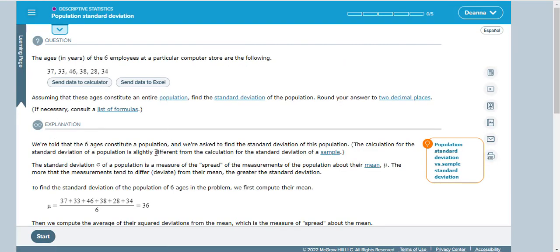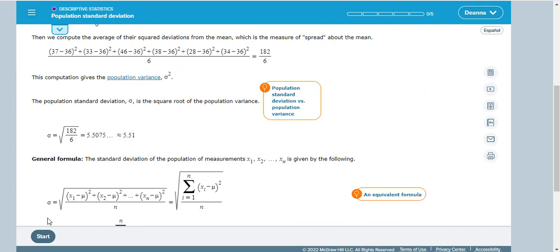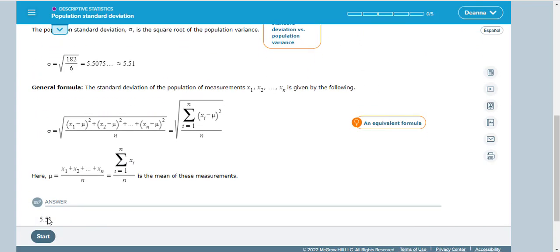If you want to read the explanation, feel free to read the explanation, but guys, only do that through at least the first 4 chapters, maybe 5. Once you get to chapter 7 for sure and on, you do not want to read these because they're going to show you a much more difficult way to solve problems than what I do in the lecture videos. So remember, if you want to read the start page to get an idea of what's going on inside each module, that's fine, but I don't force you to use these general formulas like this.